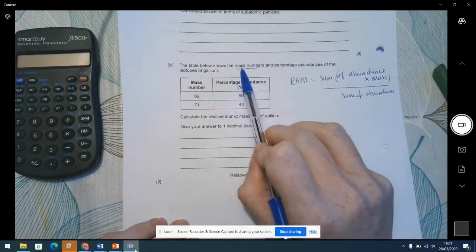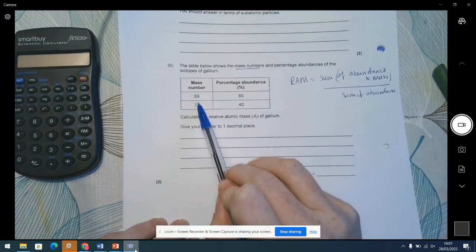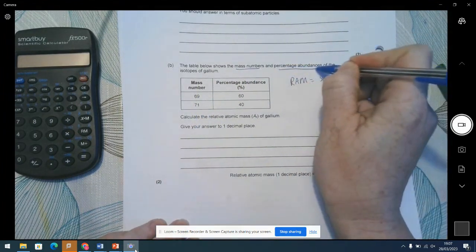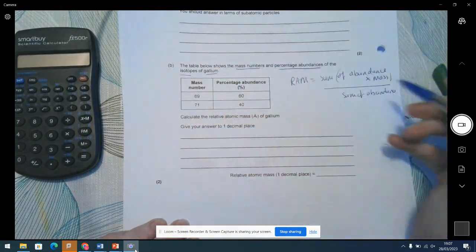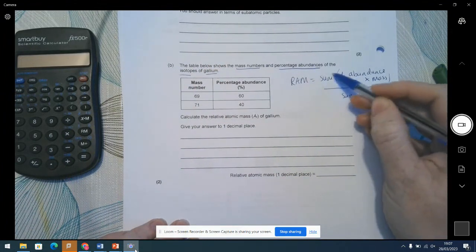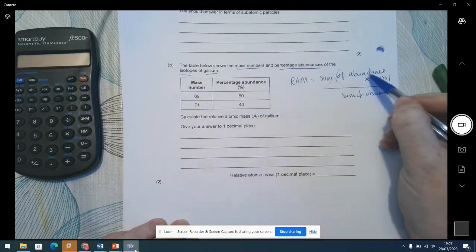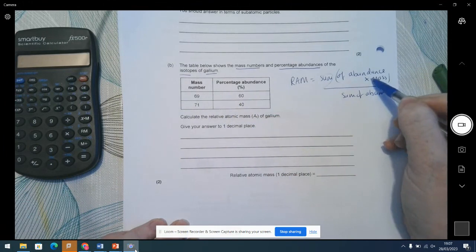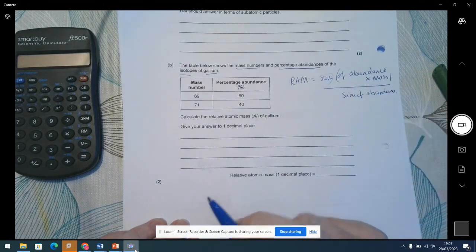So the table below shows the mass numbers. So you can see mass is part of my calculation, and here are the mass numbers of these 2 isotopes and the percentage abundance of the isotopes of gallium. And we know that the sum means together, so we're adding these together. Essentially, we're taking the abundance of the element, the mass of the element, timesing those 2 numbers together. And because there's 2 of them, we do that twice, and then we divide it by the sum of the